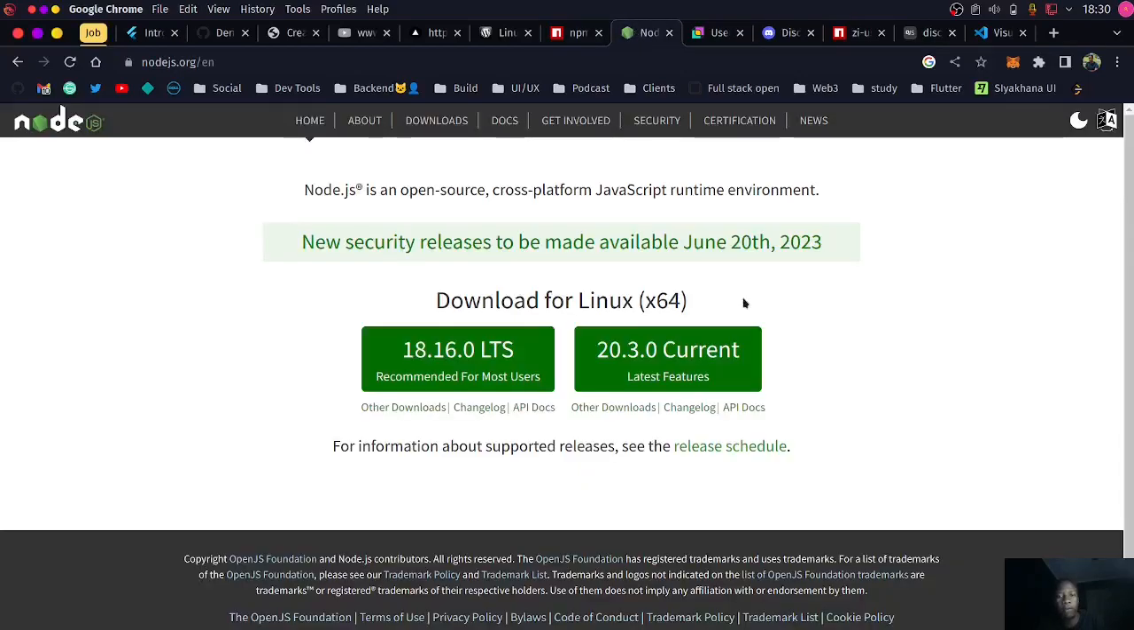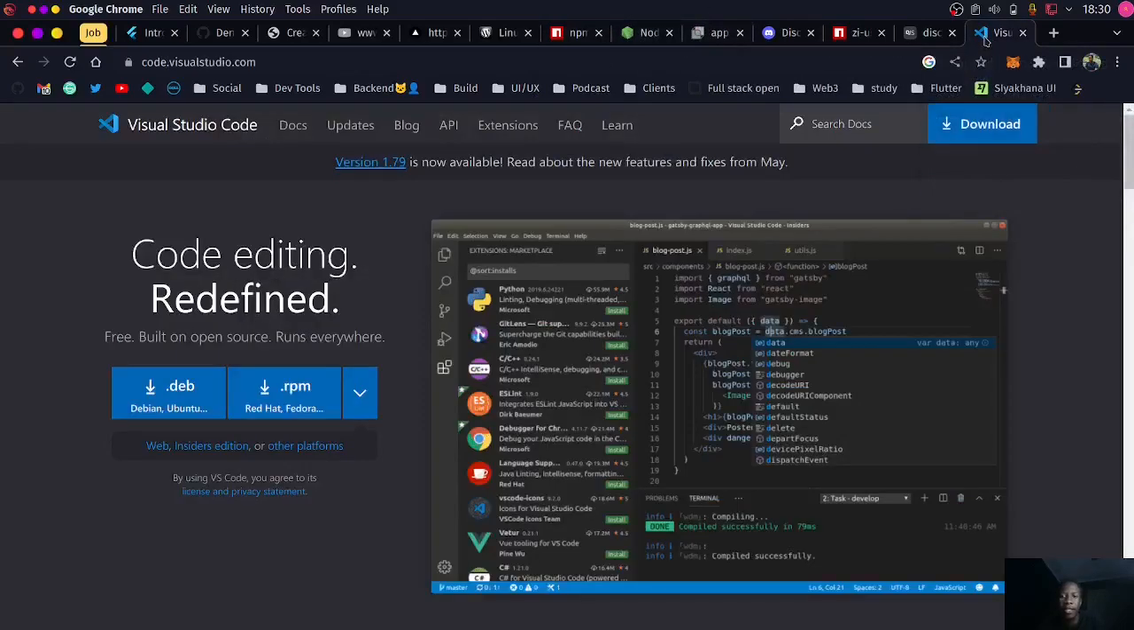And you also need to have Node.js installed on your machine. You also need an IDE that we're going to use, or a text editor that you can use. Preferably, I use VS Code. It's way simpler to use than